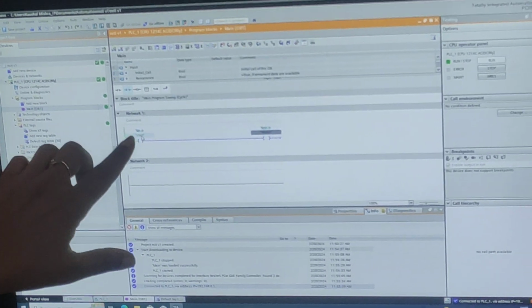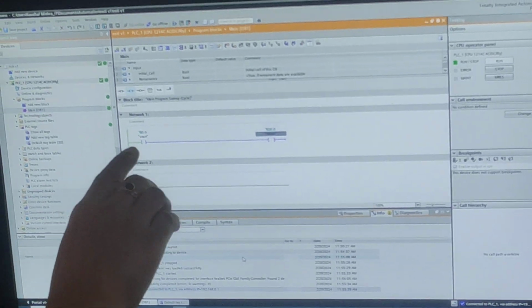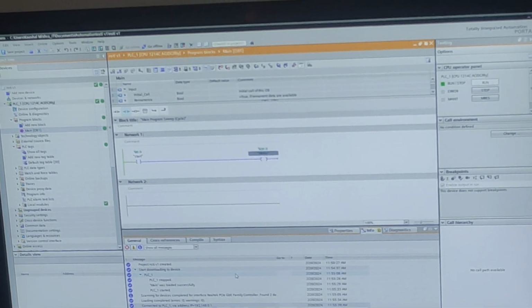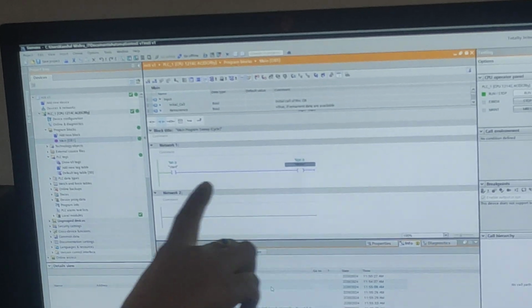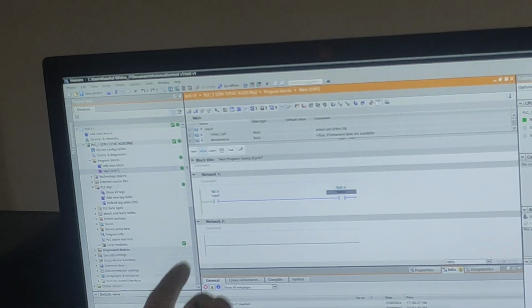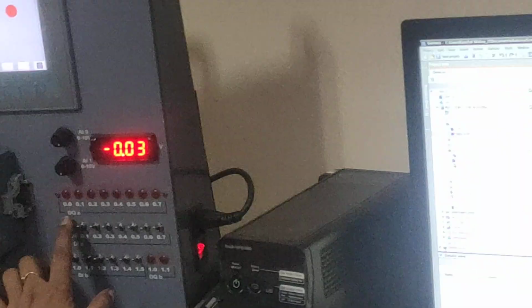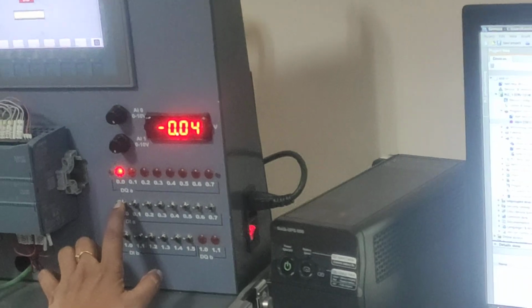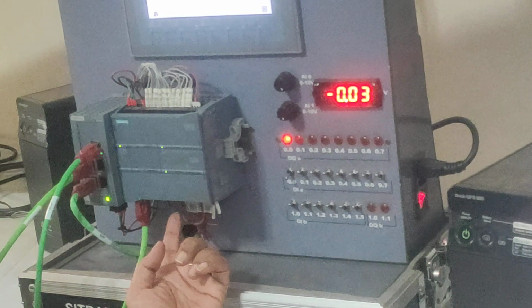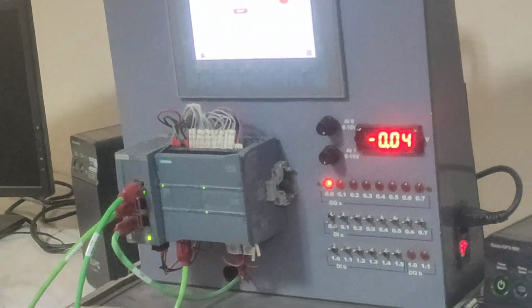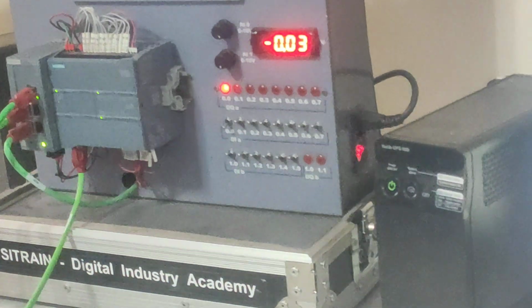Now I have to run the program. See, power is coming only up to here. Is it green? That is healthy. Power is coming only up to here, but it is not turning the motor on. To turn the motor on, we have to make the NO into NC. This 0.0 that was given, close it. Then the start is done. If we take the Q0 point from here and connect a relay and a motor, then the motor will run. Here is Q0.0.